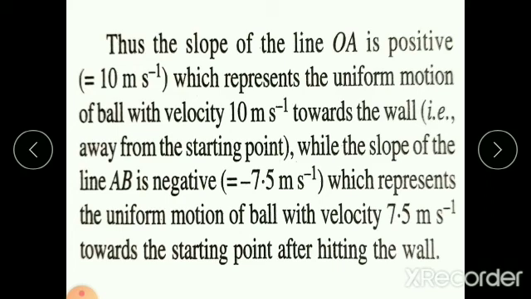Note, the displacement time graph can never be a straight line parallel to the displacement axis, because such a line would mean that the distance covered by the body in a certain direction increases without any increase in time. You can get a straight line parallel to the time axis when the body is at rest, but never a straight line parallel to the displacement axis, as that would mean the velocity of the body is infinite, which is impossible.